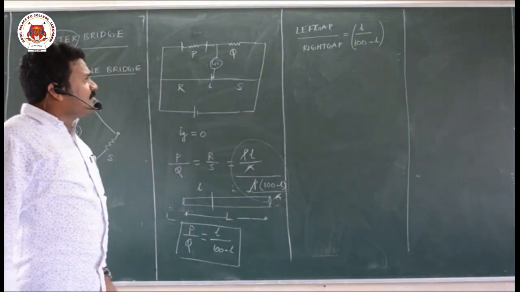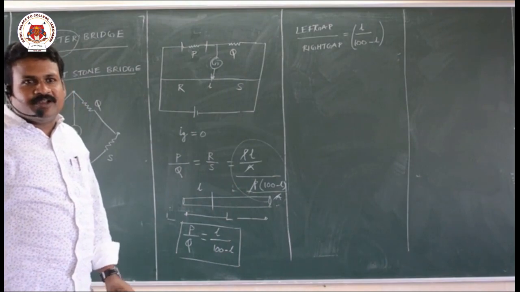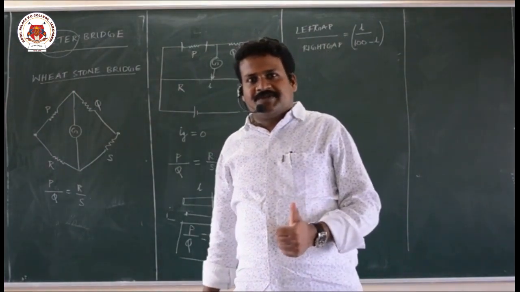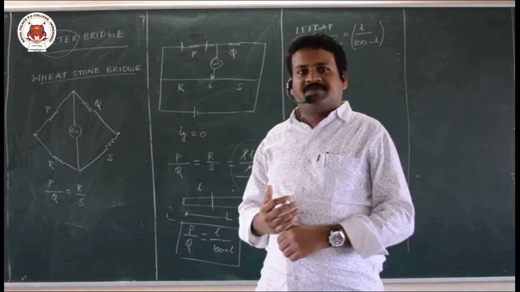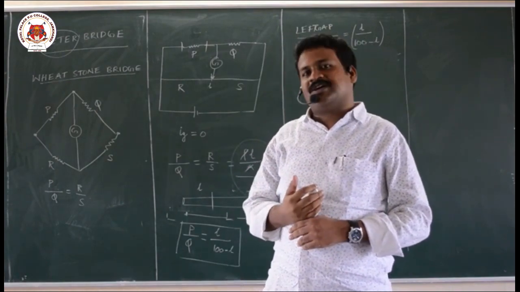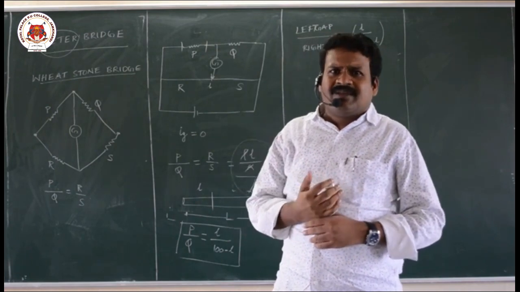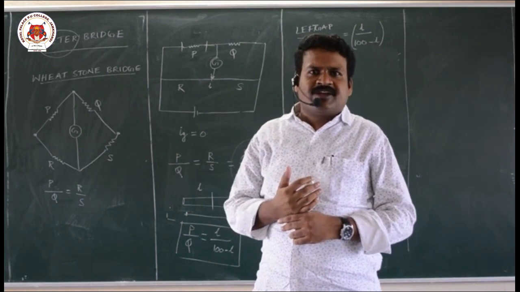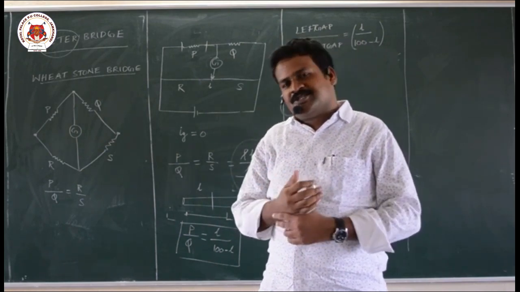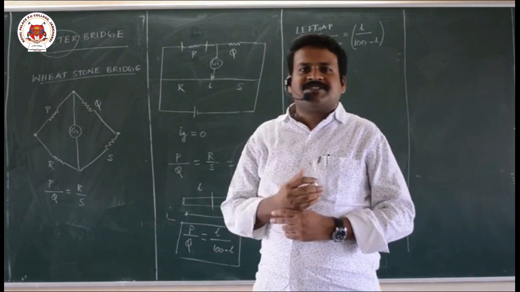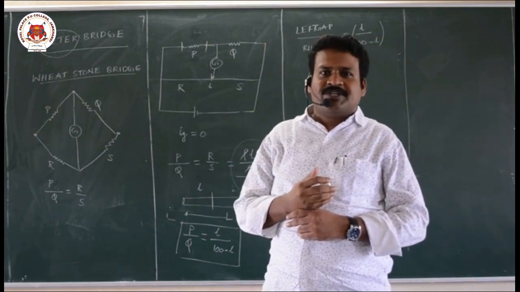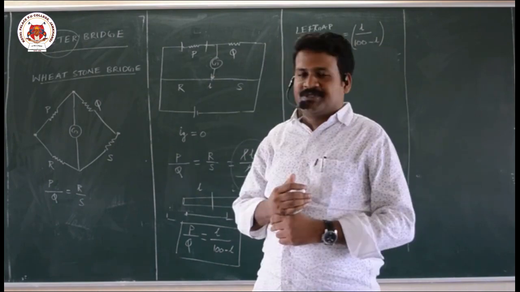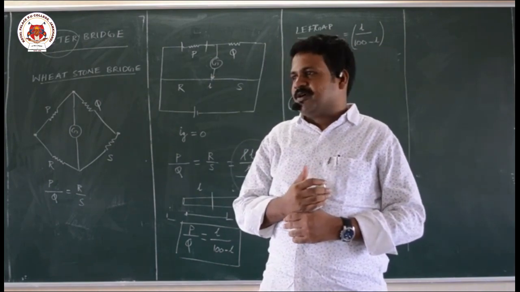So with this we have concluded the chapter called current electricity. In this chapter, first we discussed what is current, what is drift velocity, then Ohm's law, resistances in series, resistances in parallel, cells connected in series, cells connected in parallel, then Kirchhoff's laws and applications of Kirchhoff's laws. We have studied Wheatstone bridge, potentiometer and meter bridge.